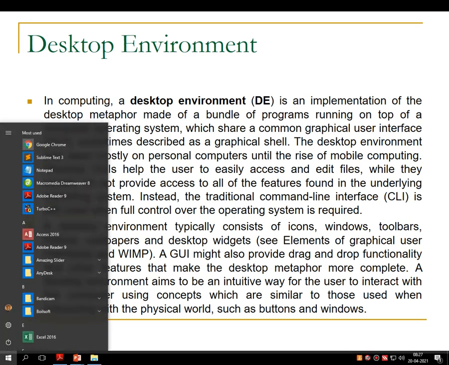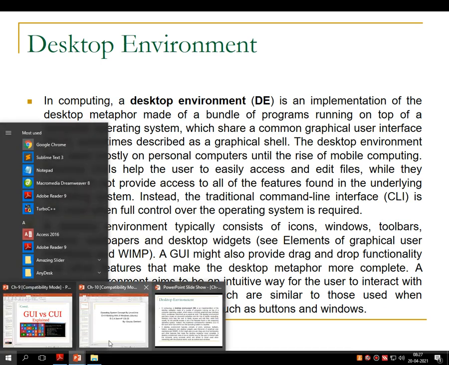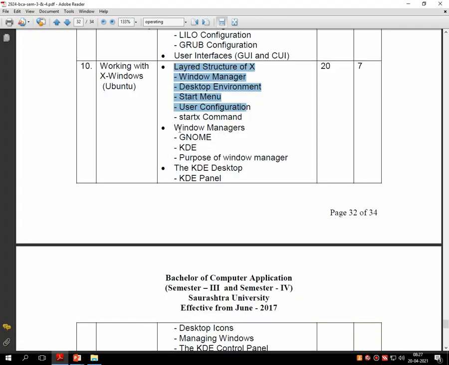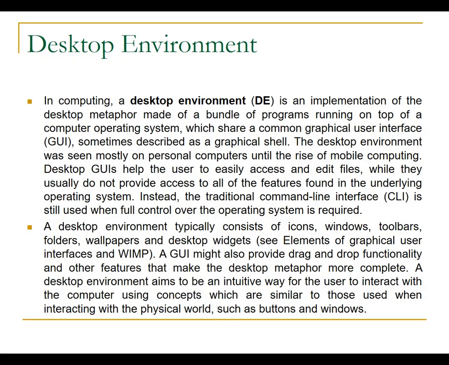Now the next topic of the discussion is the desktop environment. Once the entire booting process gets completed, the next thing which we will visualize on the screen is the desktop environment. We have bifurcated the desktop environment of Windows as well as the desktop environment of the Ubuntu operating system, which we are using.